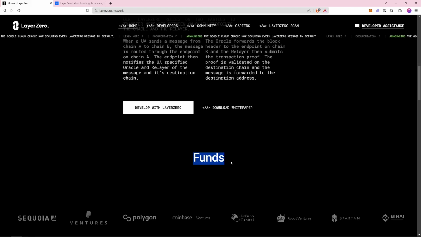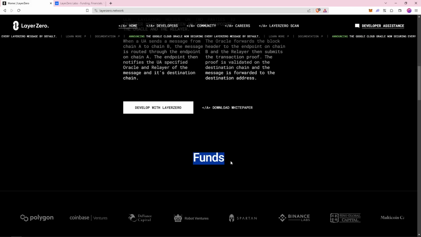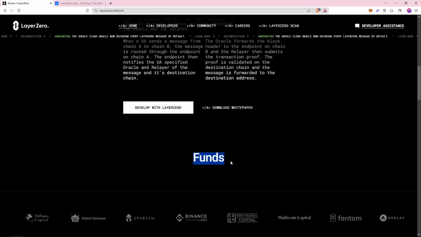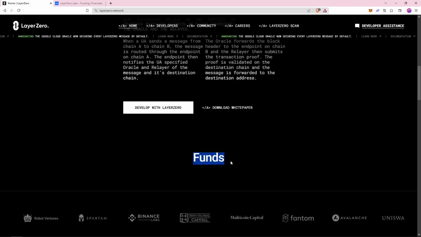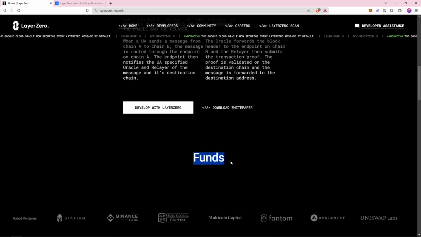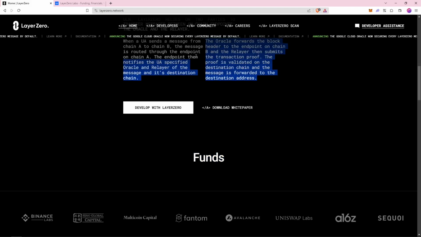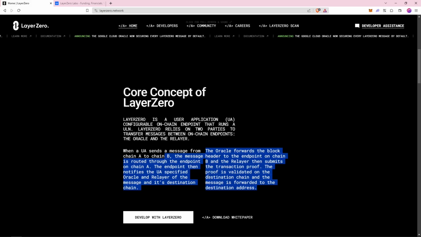As you all know, blockchains are created to be isolated. They don't communicate with other blockchains to make things happen. So usually the liquidities are split across all the blockchains, with no single blockchain containing all the liquidity at the same time. It's all distributed and split across other blockchains.